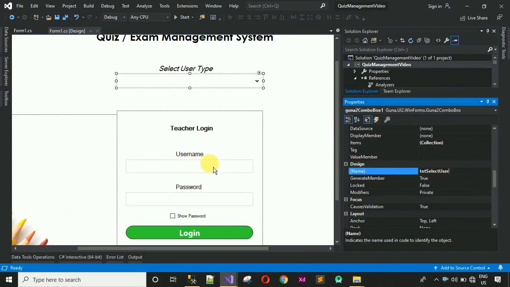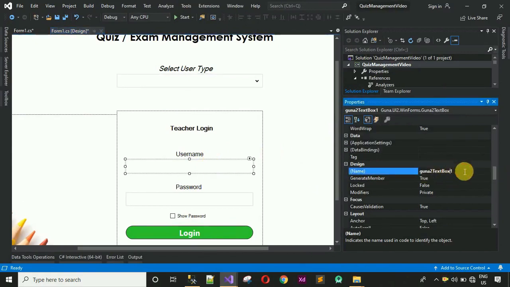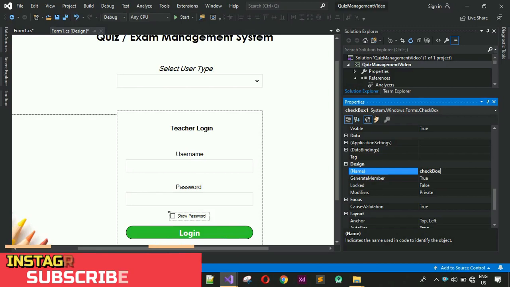This one to txt user name, this one to txt password, and this one to btn or combo checkbox show and hide,